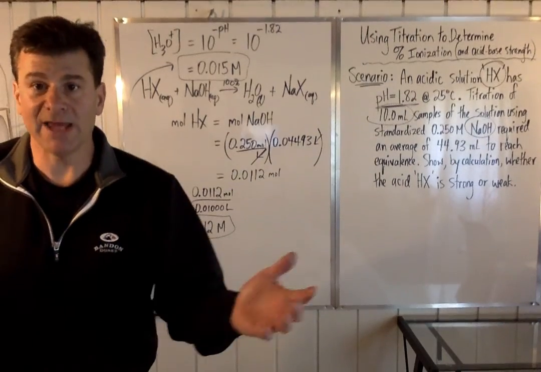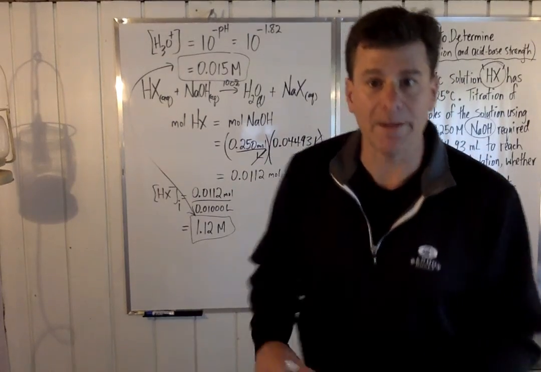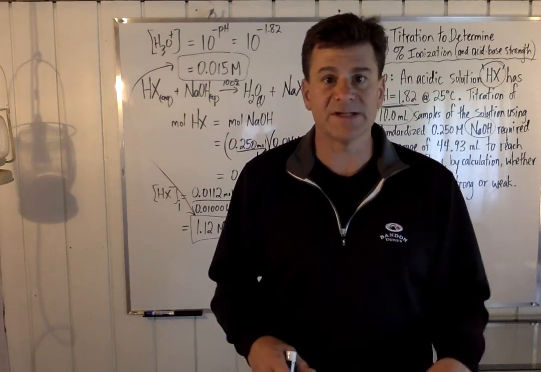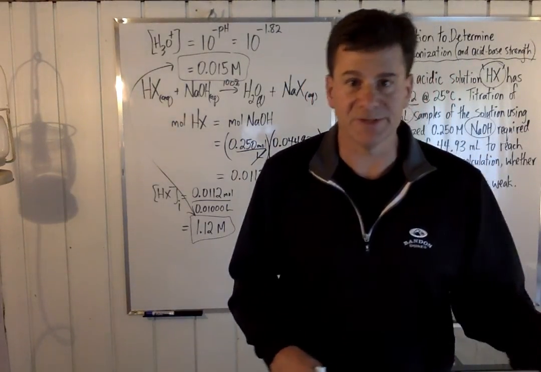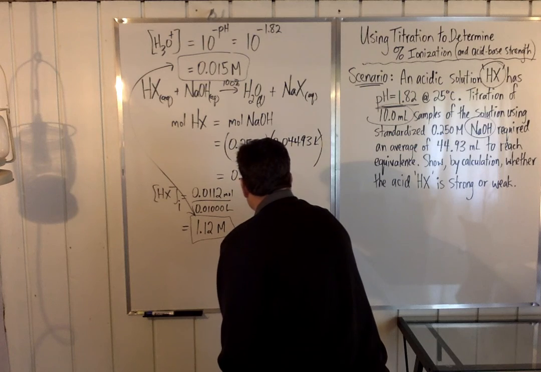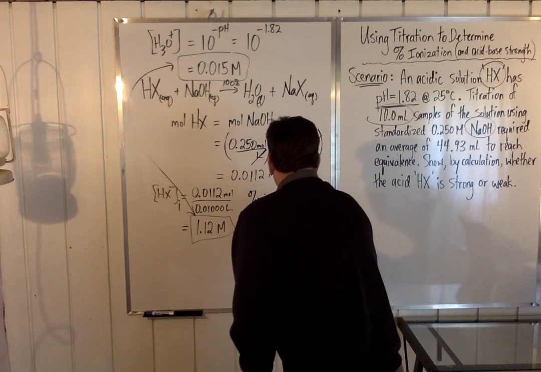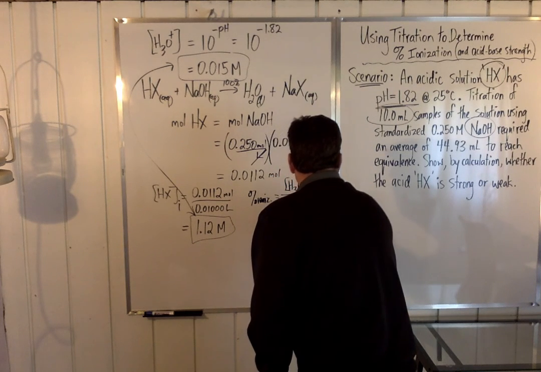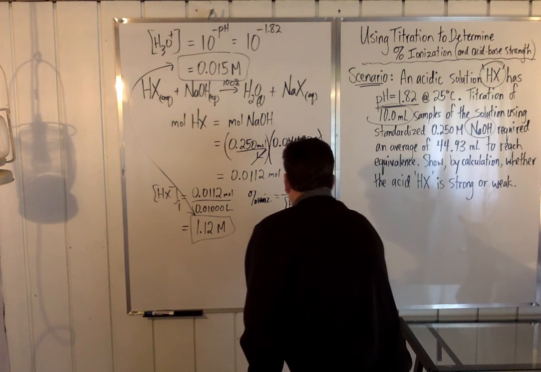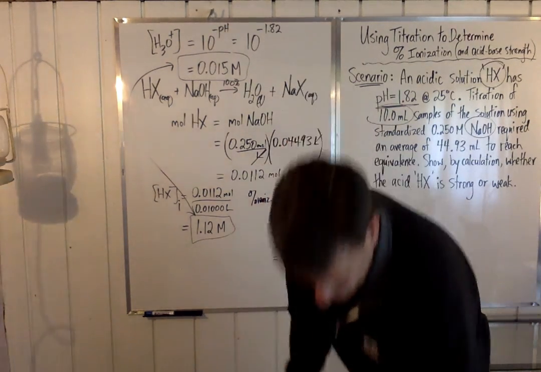So, and show by calculation, well, some people might just stop and say, okay, well, that's enough. I've kind of proven my point. There's the acid concentration, there's the hydronium, it's clearly less, so therefore it must have been an ionization less than 100%. You could also just take it a step further and say the percent ionization equals the hydronium over the acid concentration times 100, 0.015 divided by 1.12 times 100, which equals,